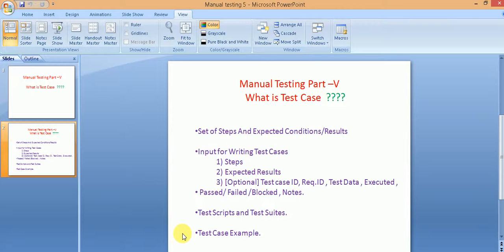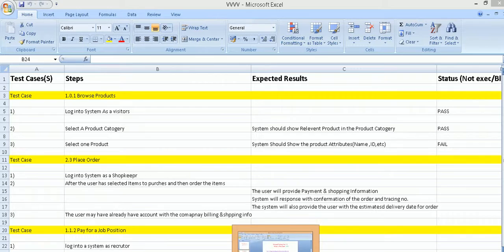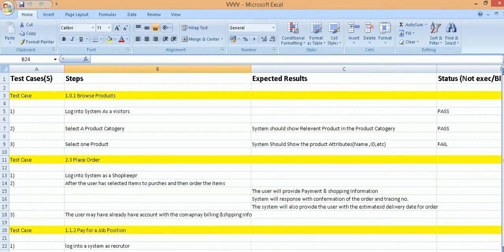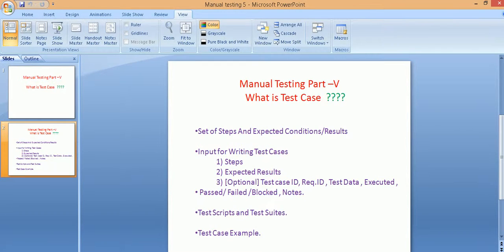Now the test case syntax varies from organization to organization. By syntax I mean the format of the test case. First of all, the test case can be documented in a text file, in Excel, in a test case management system, or anywhere else.